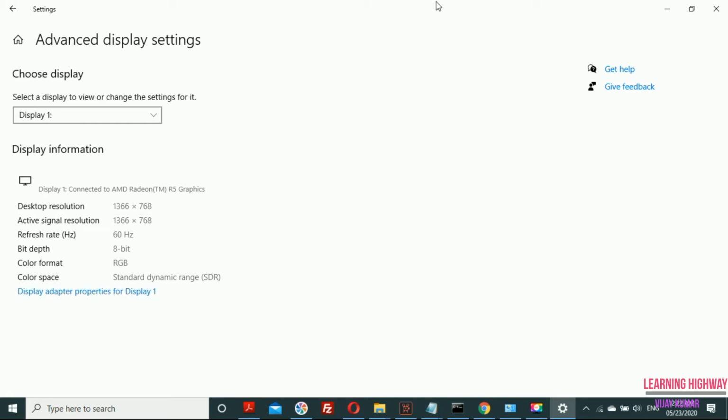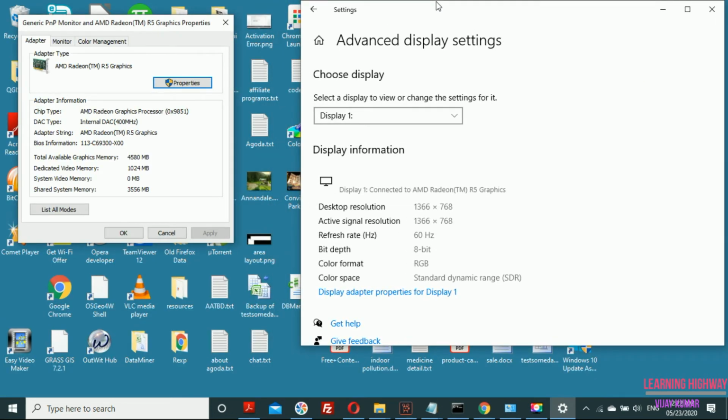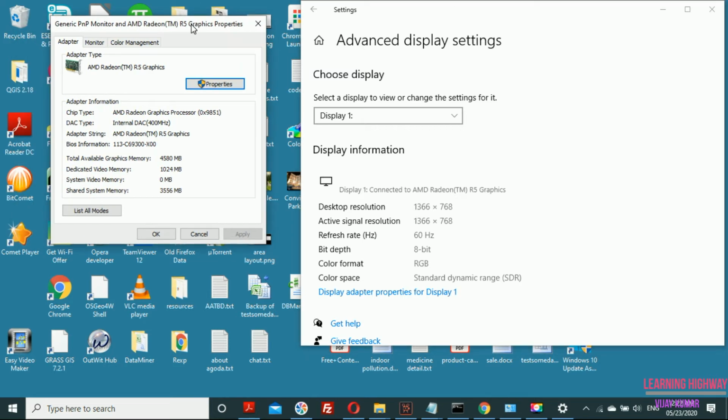Now I am minimizing my window because a property window has opened when I clicked on the adapter properties. You can see the property window in front of me, and now the adapter information is given here. In my case it is AMD Radeon R5 graphics, and in your case it is whatever model you have purchased. And now I am going to the properties of this adapter,